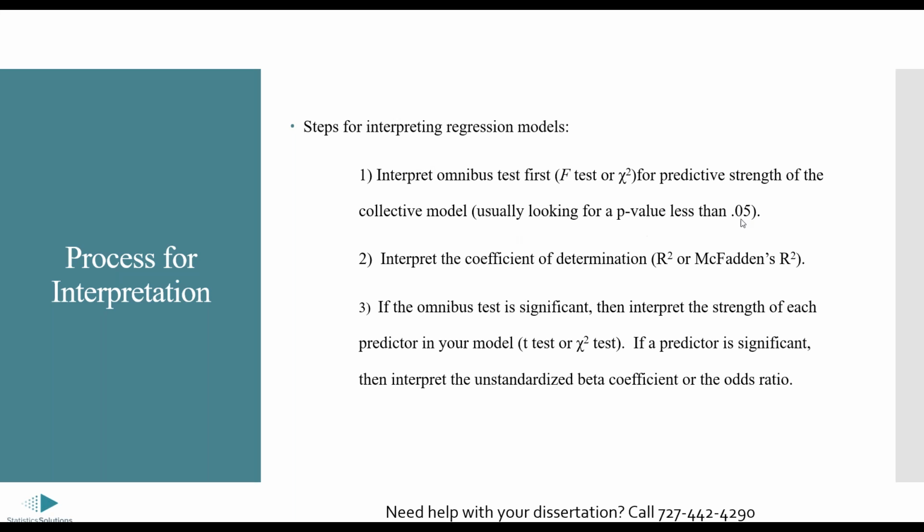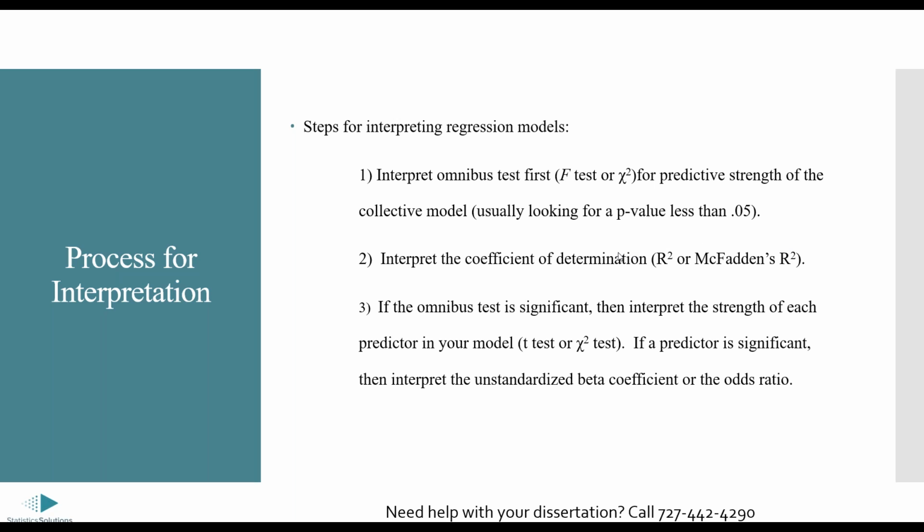And you do that by looking at the f-test or the chi-square test, and ideally you have a p-value less than 0.05. If that step is true, then you continue. You still do step 2 regardless, so you need to interpret your coefficient of determination. It tells you how much variance in your outcome can be explained by your predictor